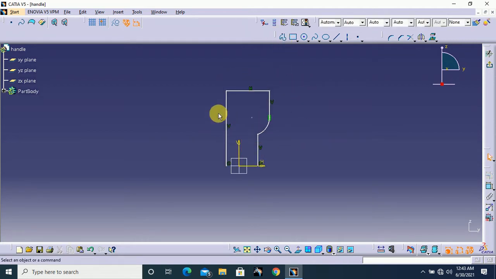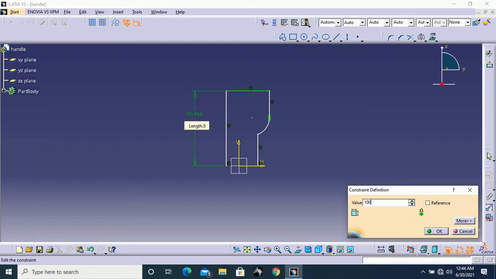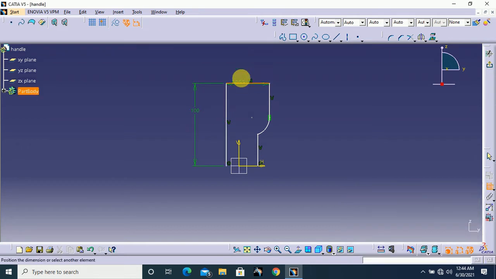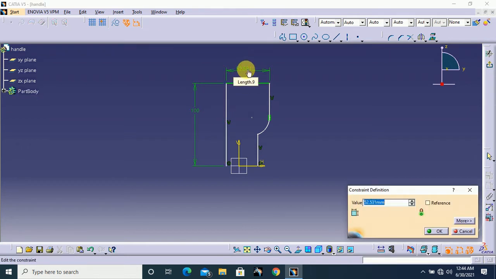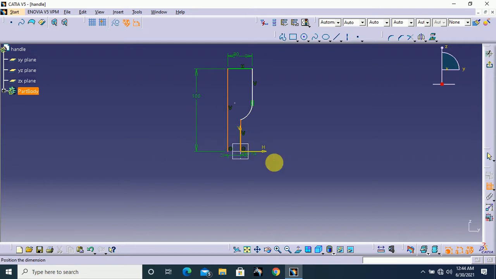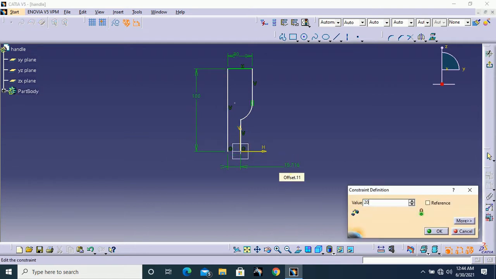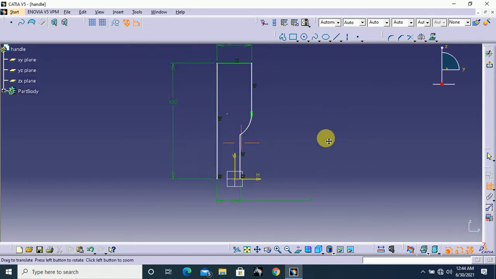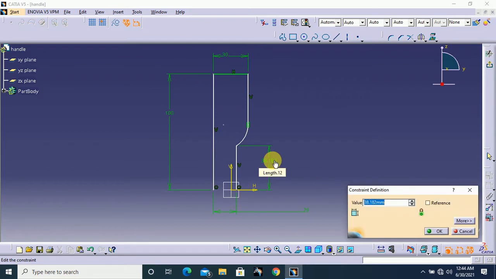Let's give some constraints to our profile. This one is 100 mm, this is 30 mm, and the distance between these two lines is 20 mm. Here this is 65 mm,